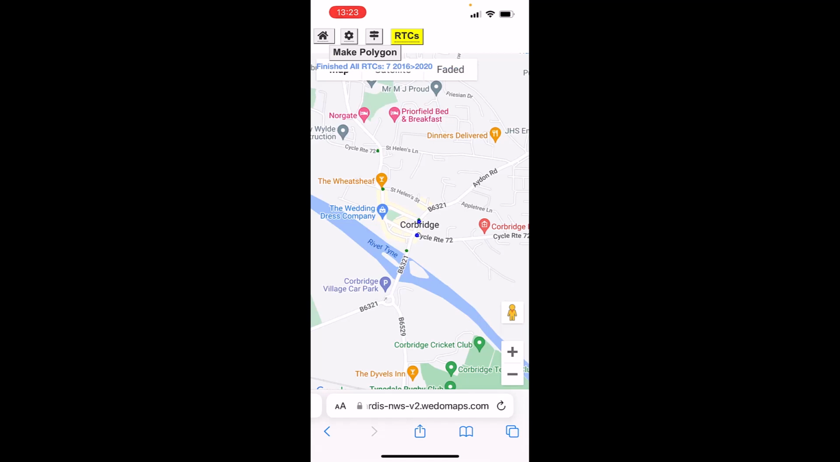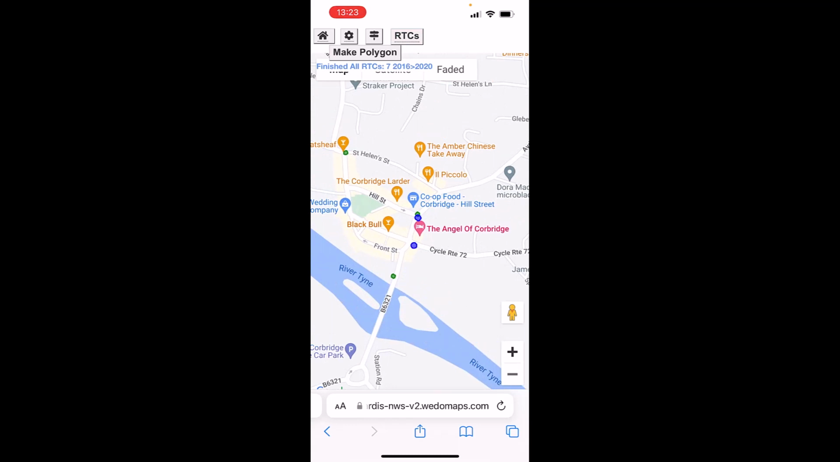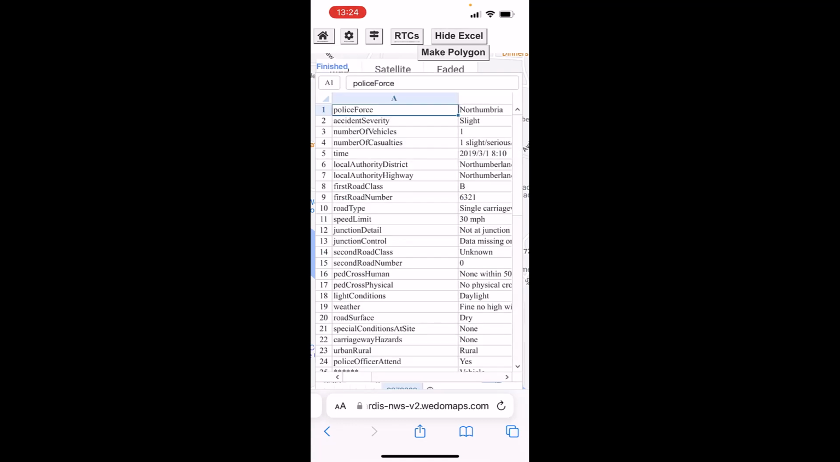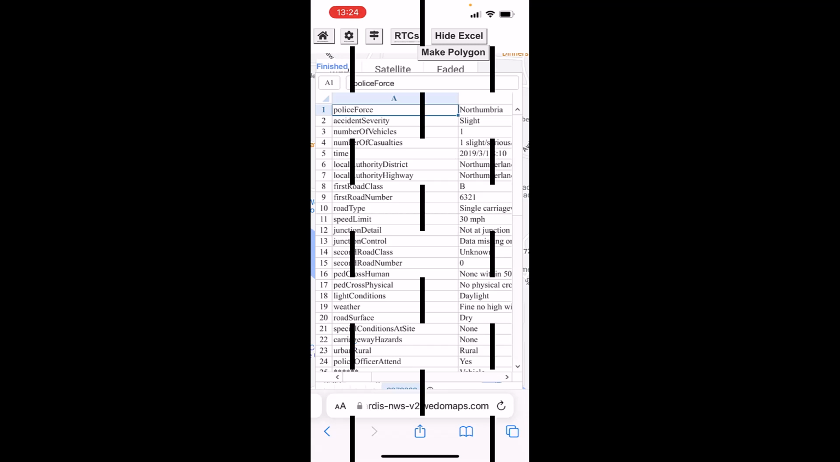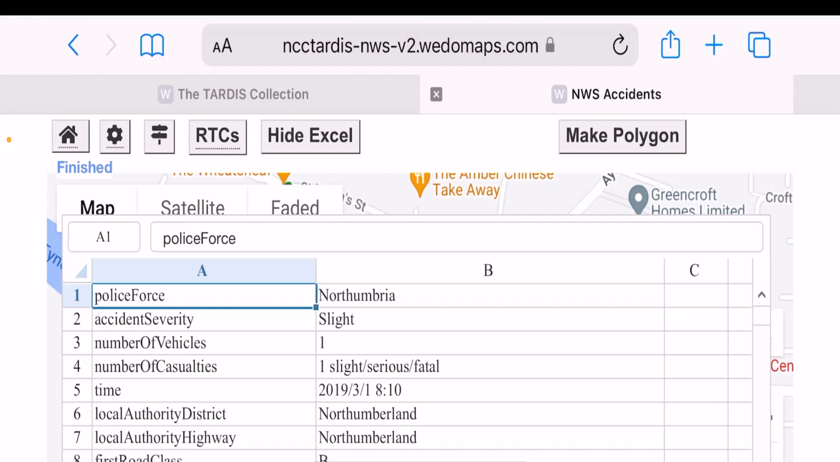Zooming in, and tapping a collision, then tapping details displays the full information associated with the incident. Changing to landscape, and tapping AA,